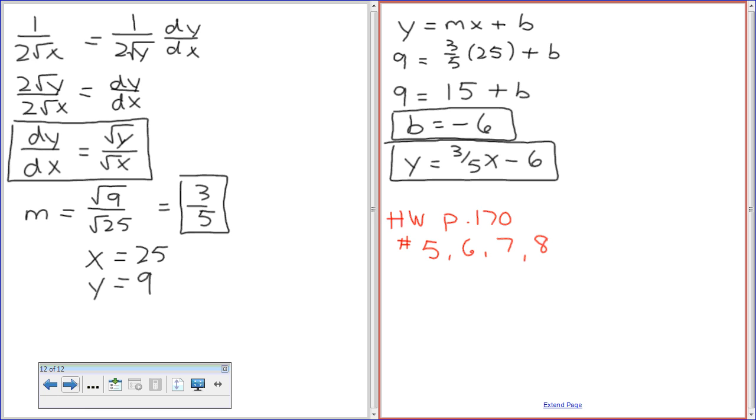So, good question. The question says, classify each equation as implicit or explicit. So implicit would be one where you can't just have y equals. The first one would be explicit because it's y equals something, right? Things like A, C, D, G would all be explicit because you can isolate y by itself very, very easily. But things like B, E, and F, you're going to have two answers, right? So you can't isolate y. So in other words, whenever we have dy over dx,